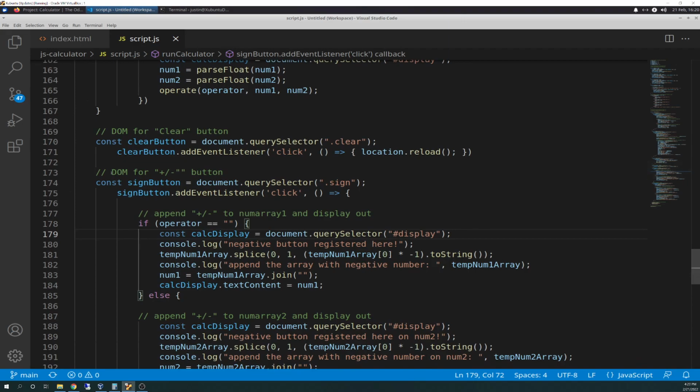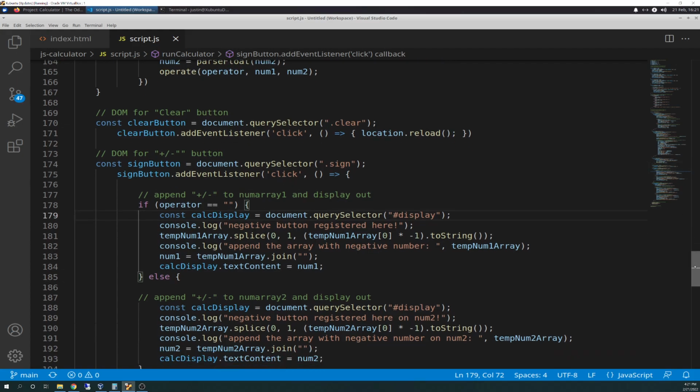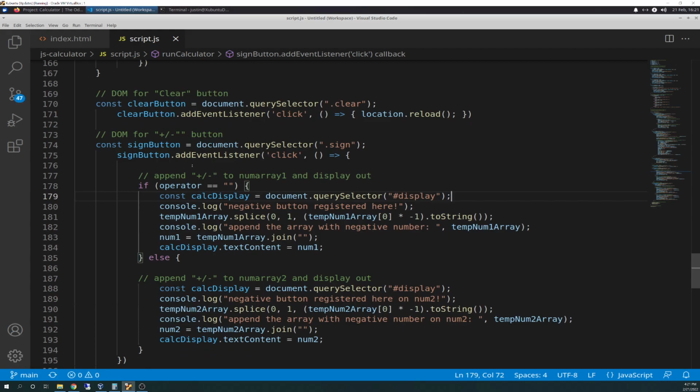But anyway, moving on, we have a DOM for the plus minus button. So we're creating a sign button from the query selector class sign, and then on sign button we're going to add an event listener for click, and when it's clicked, we're going to do a couple things. We want to append the plus minus to a num array and display it out. So if operator is empty, meaning operator has not been clicked yet, meaning multiplication, division, addition, subtraction,